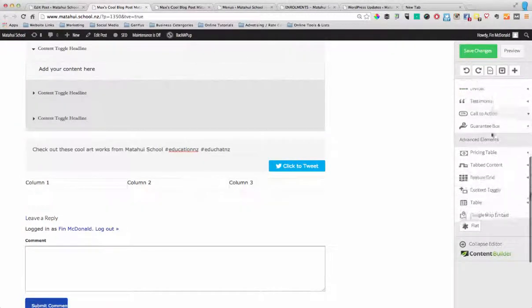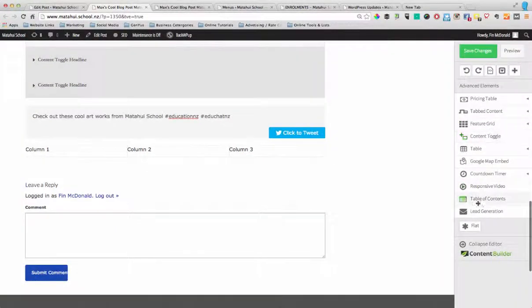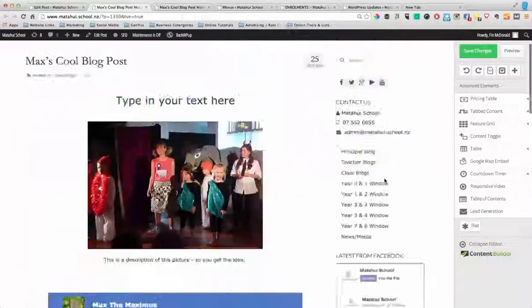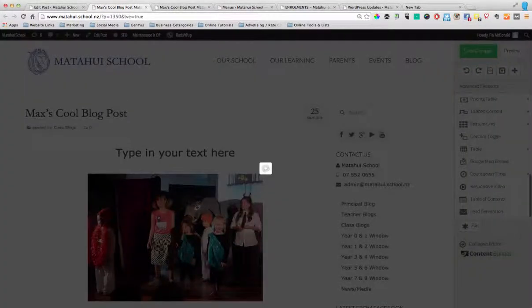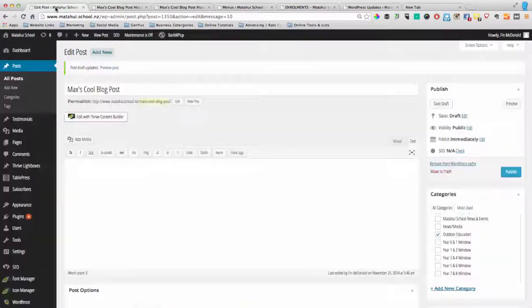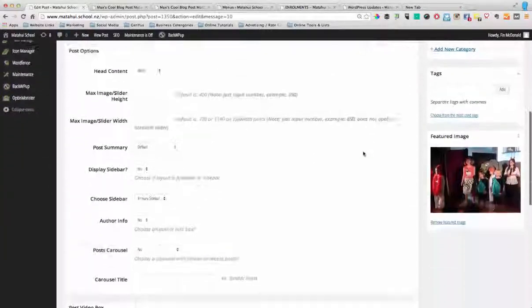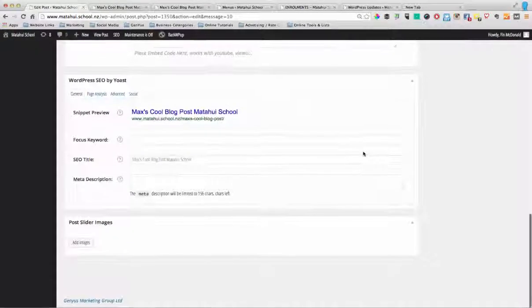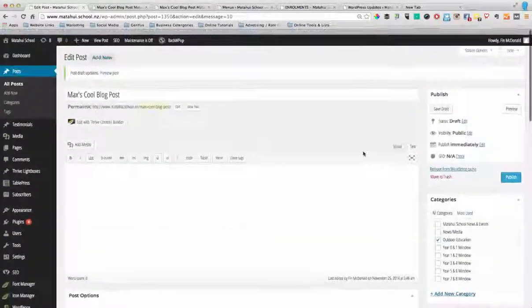So if you have any other questions, just let me know, but what you have to do is go save changes if you want it to be saved, and then I usually just go back to my original post, and then just make sure that I click publish on that, or save draft, just to be double sure that I have actually saved it. So just to go over these settings here again,